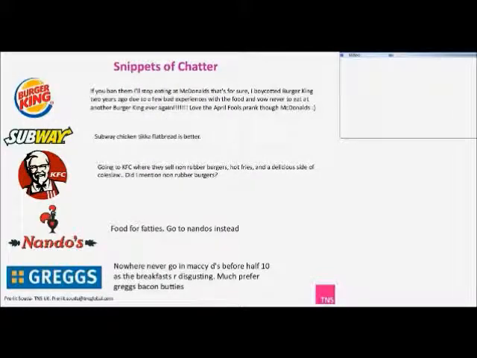And lastly, these are snippets of chatter that I gathered. McDonald's had a very high amount of interaction on their brand page. In such cases, fans also use your brand page to talk about other brands, which you are seeing here. People have talked about Subway, KFC, Nando's, Burger King, etc. People also talk about their expectations from your brand, and sometimes they relate a personal event with the brand.